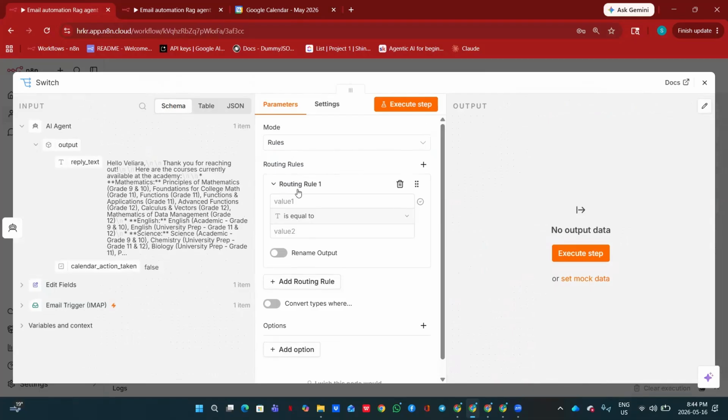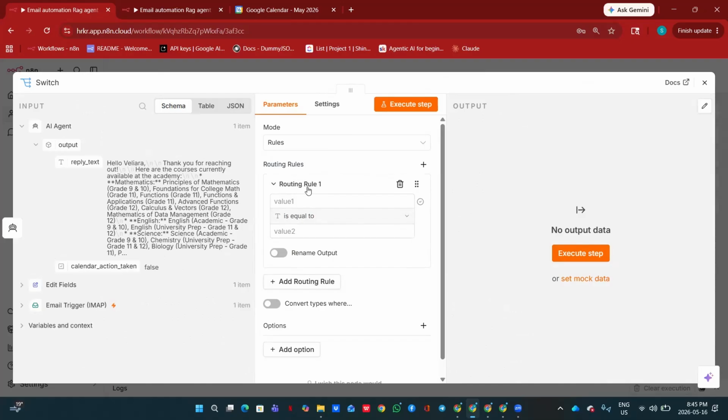Because it's a switch condition, I need to route the email, right? If that email is only asking about the courses, then this email should go to my information email reply. But if the email is about booking the calendar, then this email should go to my booking the calendar reply, right? So I will provide the route